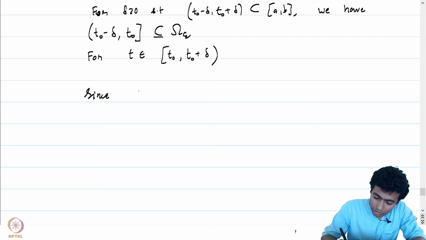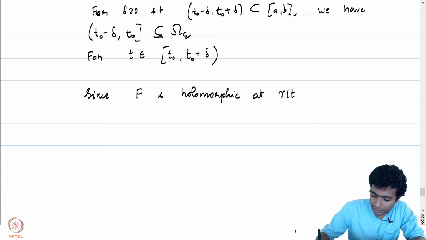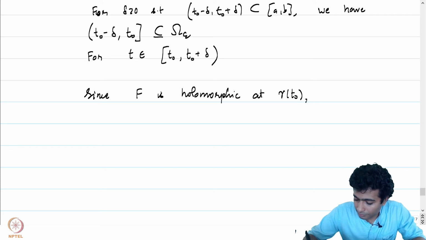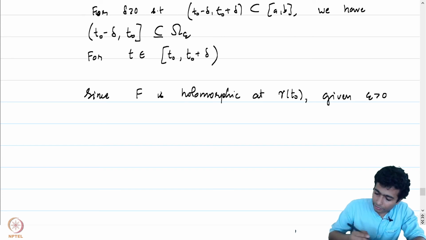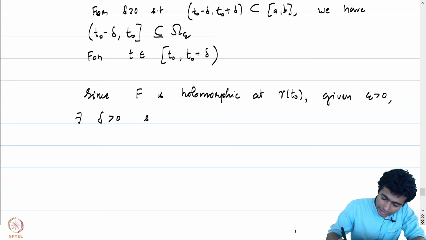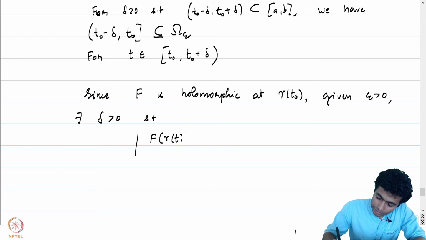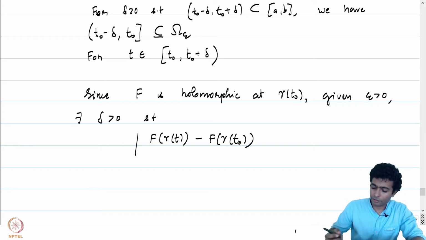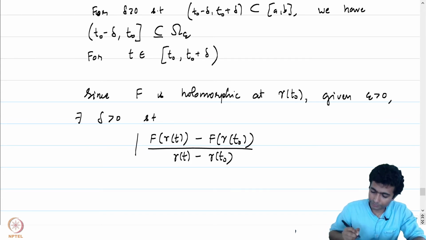Since F is holomorphic at gamma of T naught, given epsilon positive, maybe we will change this epsilon later according to our requirement. Let's see. Given epsilon positive, there exists a delta such that the Newtonian sums, capital F of gamma of T minus capital F of gamma of T naught over gamma of T minus gamma of T naught,